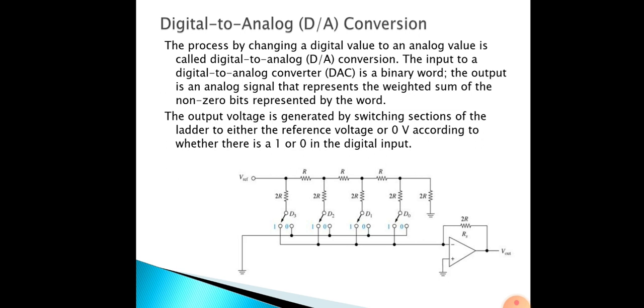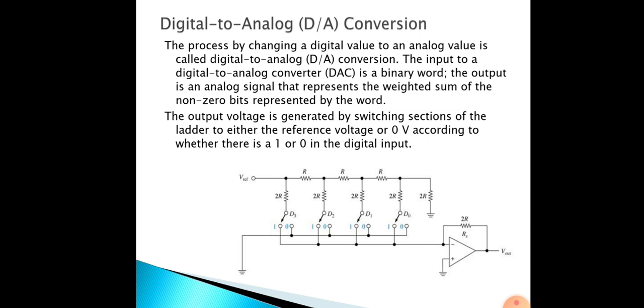The value of the input resistance depends on the bit in the word a switch is responding to. The value of the resistor for successive bits from the LSB is half. Hence, the sum of the voltage is a weighted sum of the digits in the word. Such a system is referred to as a weighted resistor network. The limitation of the weighted resistor network is that accurate resistances have to be used.